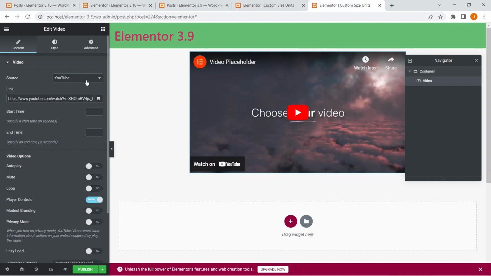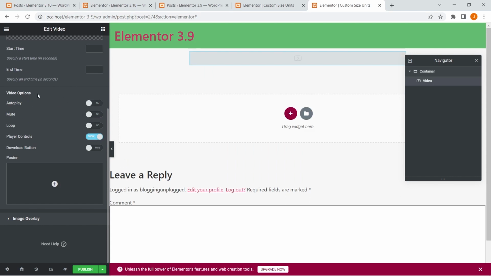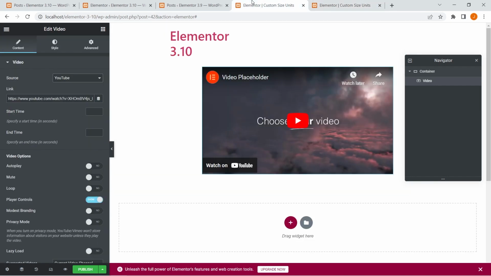Now what I'm going to do is, in this drop down, I'm going to select self-hosted, and I'm going to scroll down a little, right? Under the video options, you see the autoplay is disabled, but there is no option to select the preload attribute, right? Now what I'm going to do is go to Elementor 3.10, and you can see,